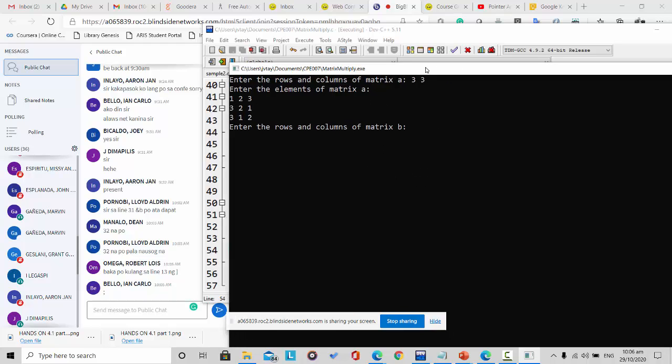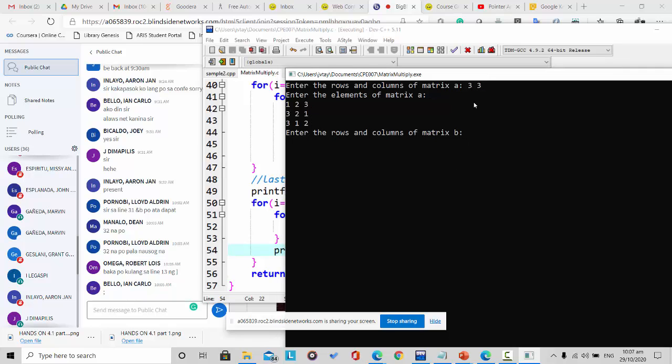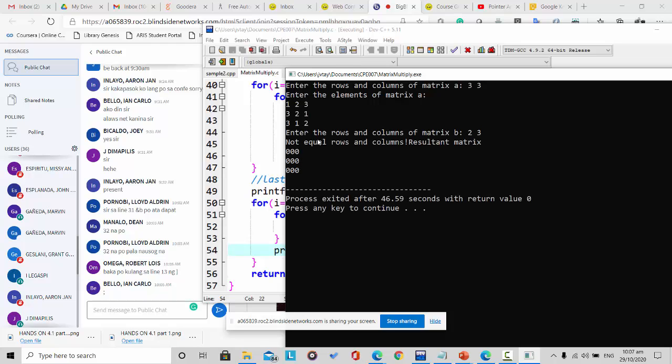Now we want to test if the columns of the first matrix are equal to the rows of the second matrix, because if they are not equal, the program will not proceed. For example, if we put 2 by 3 here, it will say not equal rows and columns, and the resultant matrix is 0. That means we cannot